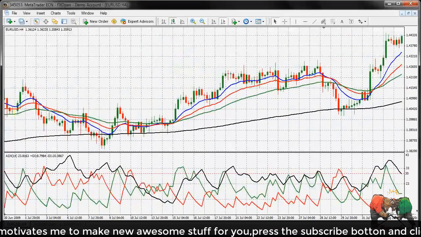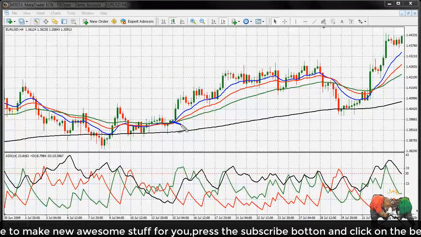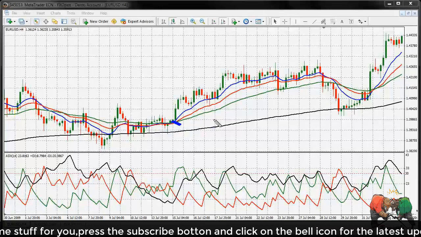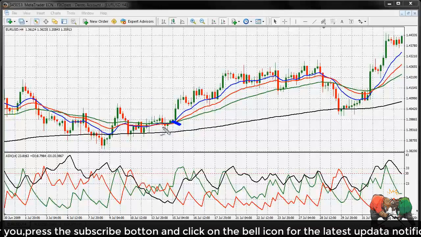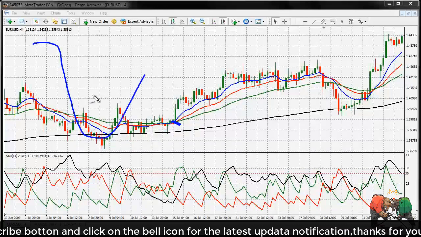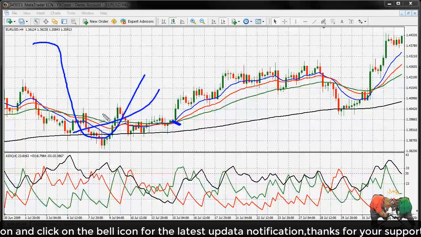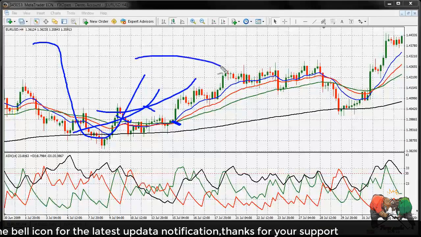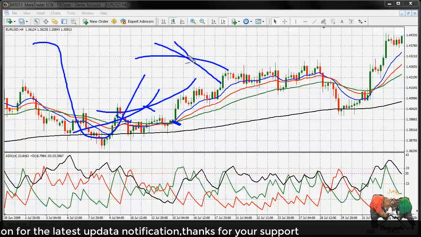Alright, here is another example, a perfect example. This is the one you're looking for, where they all move over at the same time, and then boom, up it goes. When you see these moving averages, like I mentioned before, if there's a big downtrend and it starts to go back up again, you'll see the other moving averages crossing over at different times. You want them to all cross over bang on at the same time,